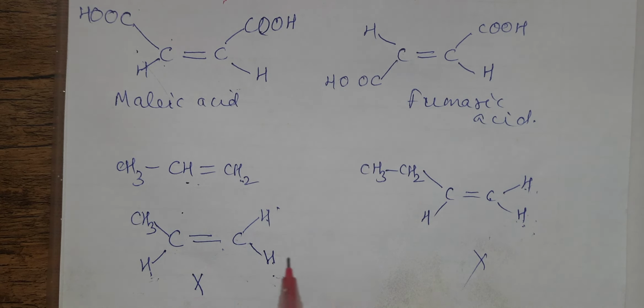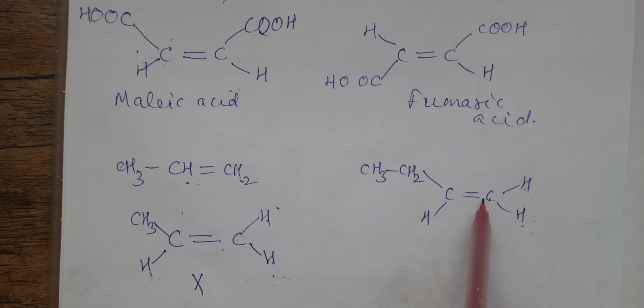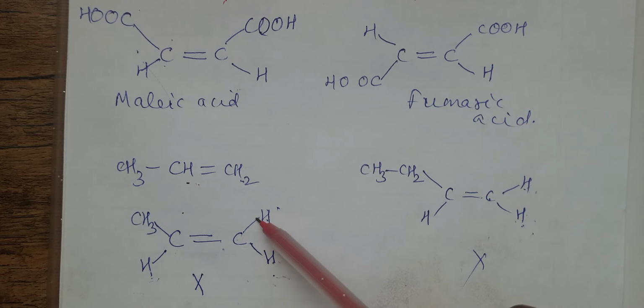It is seen that terminal alkenes, that is, if the double bond is present at the end, like propene, but-1-ene, 2-methylprop-1-ene, are not going to exhibit geometrical isomerism. So the necessary condition for a compound to exhibit geometrical isomerism is the presence of a double bond, but the double bond should be somewhere in the center, not at the end. If it is at the end, it is not possible, because on the terminal carbon there will be both hydrogens, so even if you flip it, it is not going to make any difference.